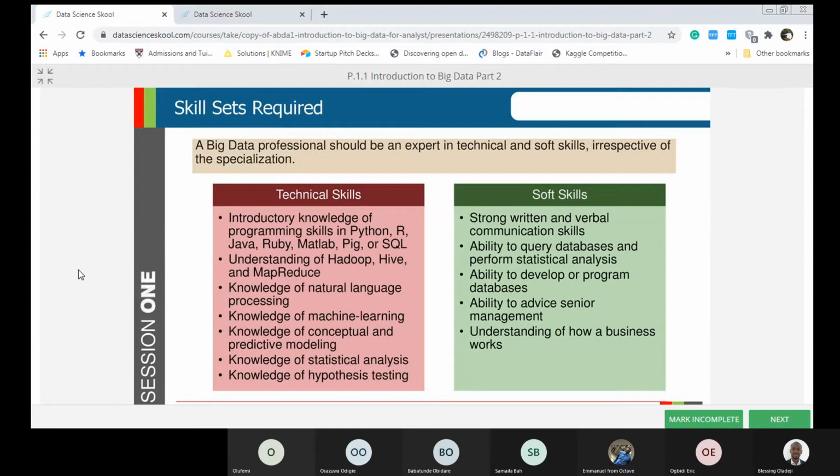You need to have an understanding of machine learning. And please, I must say this, machine learning always scares people. It is part of the curriculum of this class. Machine learning is simply, how do I predict?